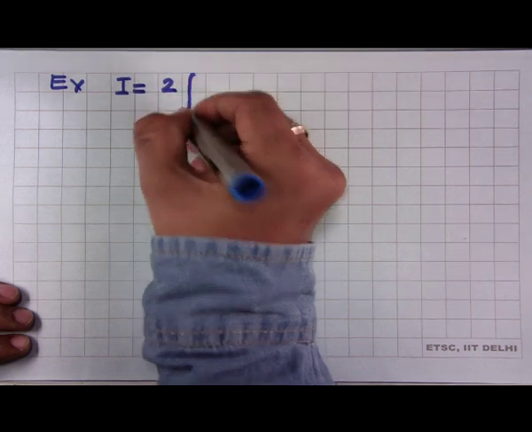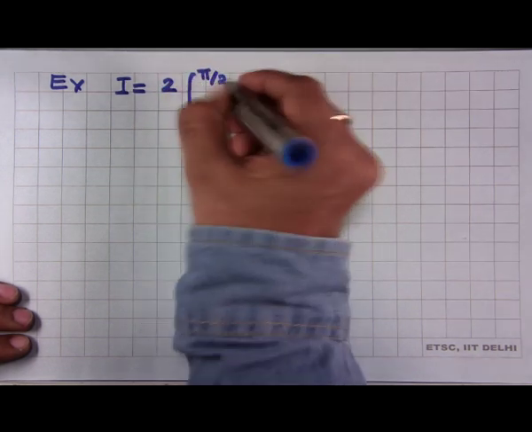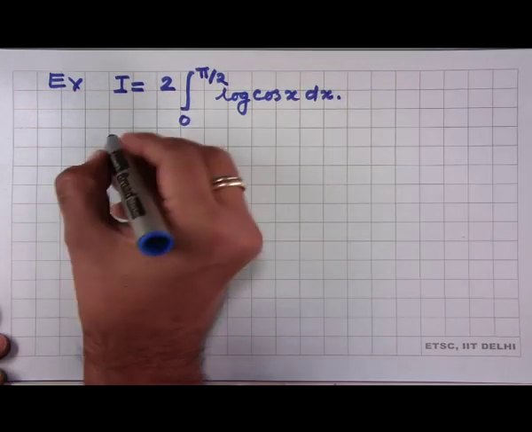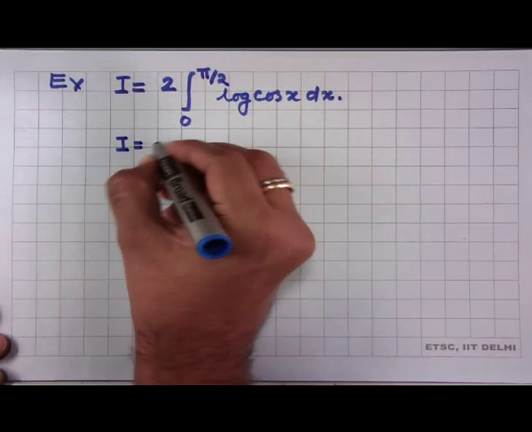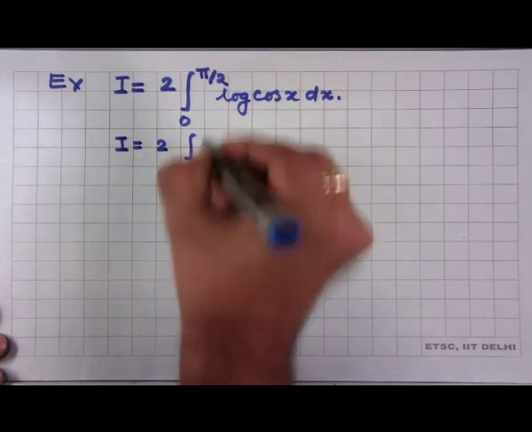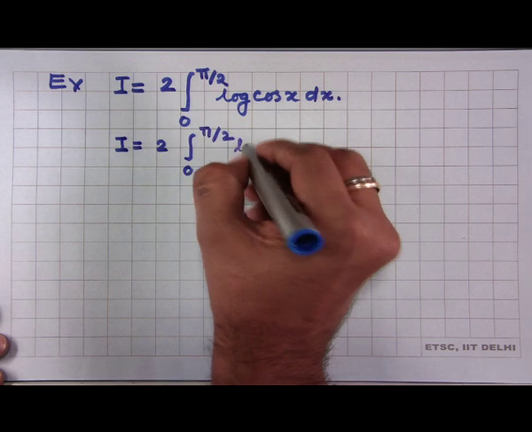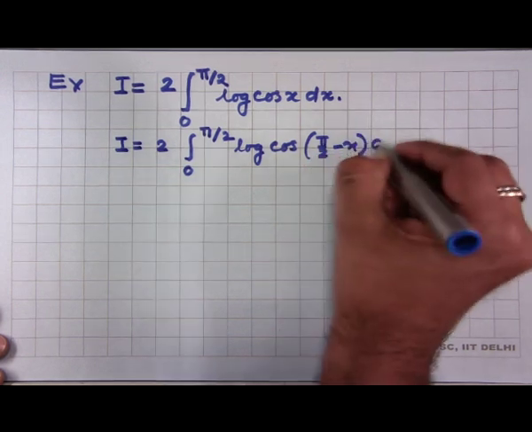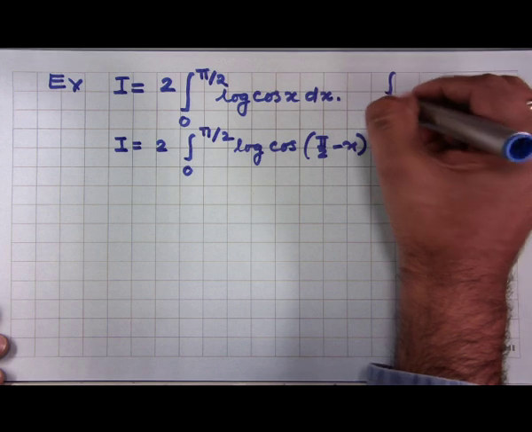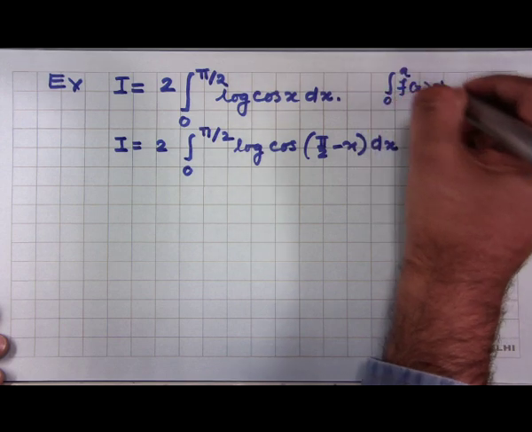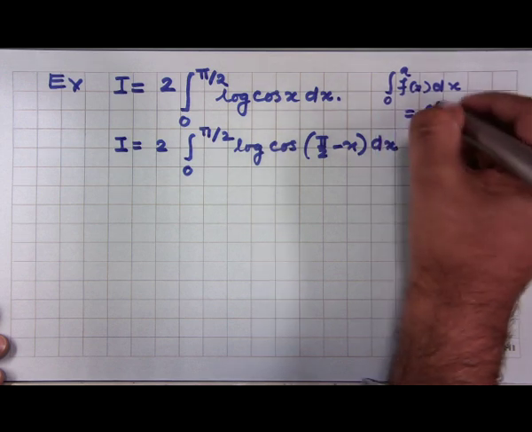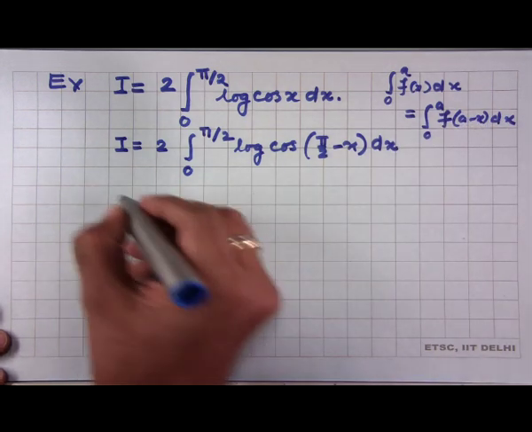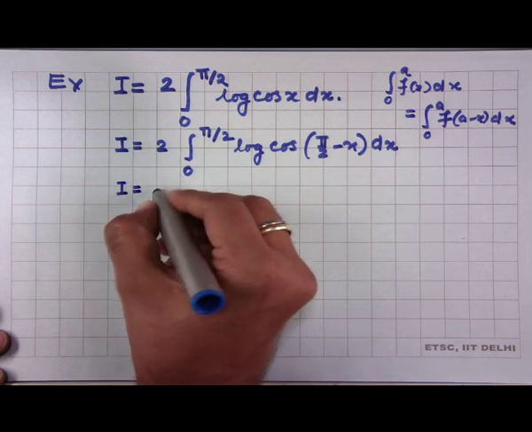Twice of integral 0 to pi by 2 log cos x dx. We can write this integral as, by using the property, which will give us I as